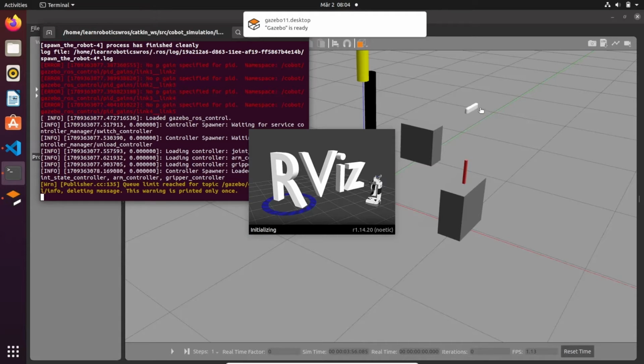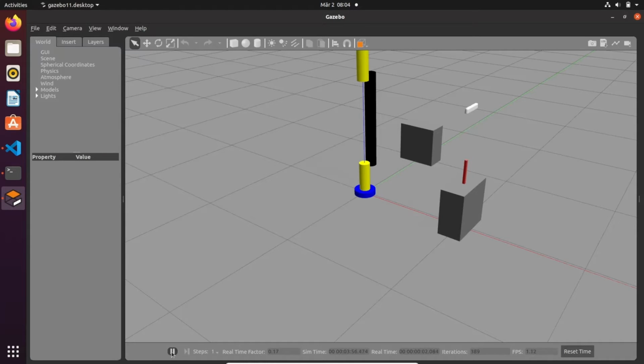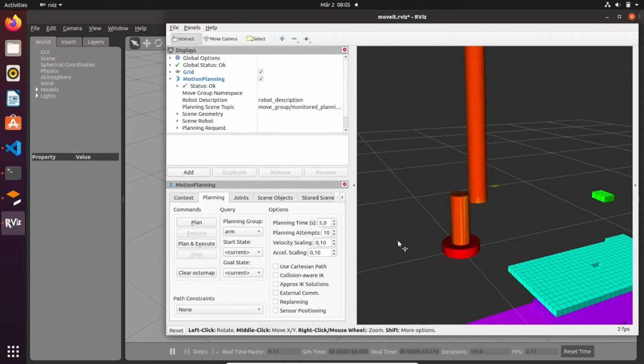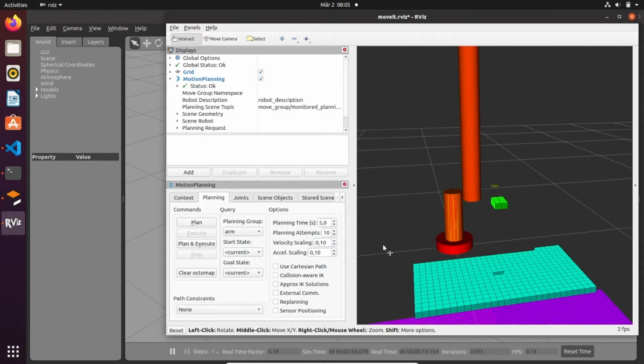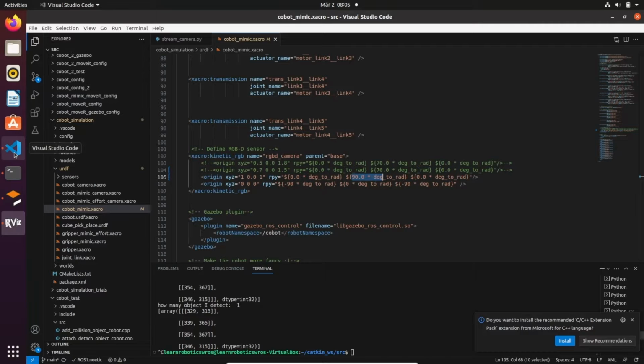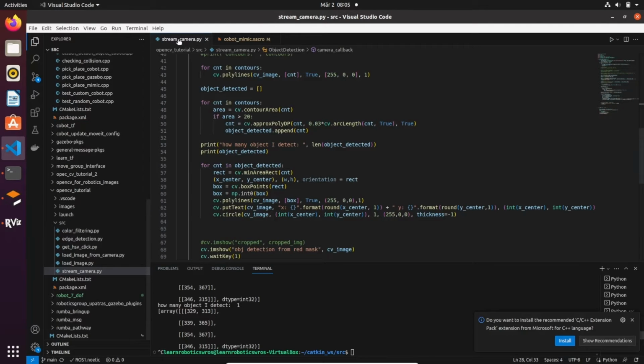Okay, you can see that the camera now is on top, and if we run our viz, here we are. We get the point cloud value, and we have this square that is our top side of the object. So if we run our OpenCV codes, what we're gonna see,